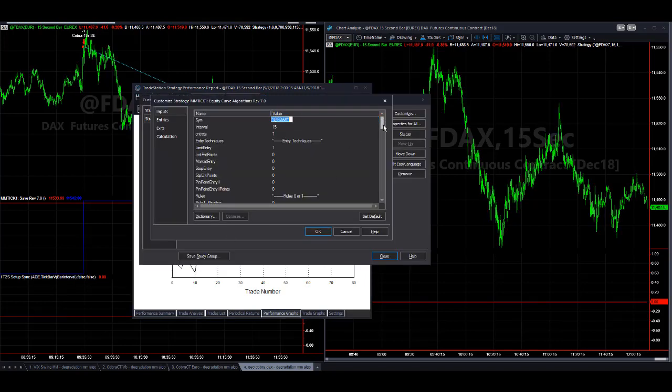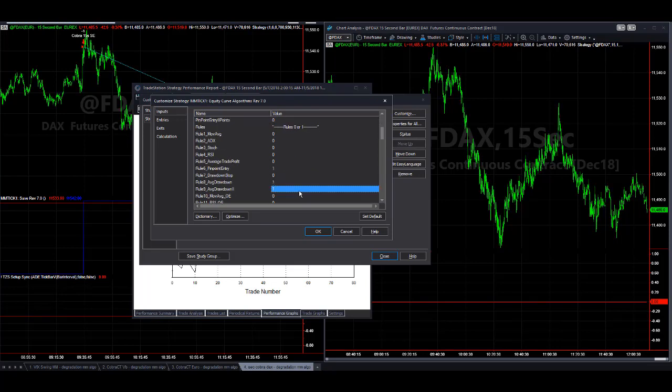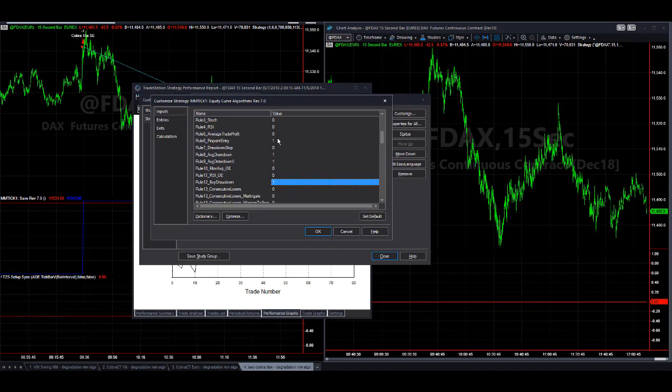So here are the inputs. Limit entry is what we're using here. We use the pinpoint entry. We add rules 8 and 9 as well, as we've used that before in the NASDAQ, and so we use that in the DAX as well as rule 12. So the degradation algorithm uses rule 12 primarily, and then it can use rule 6 or a combination of rule 8 and 9 or both. And so